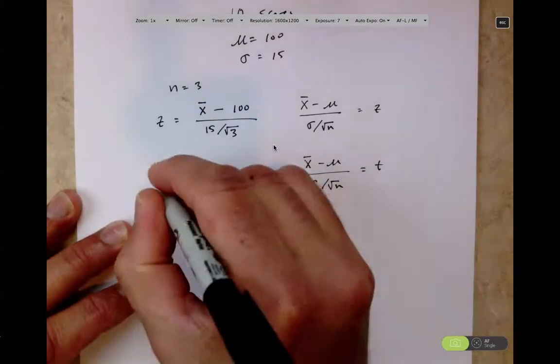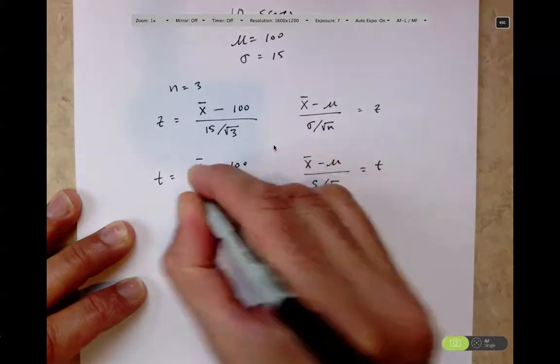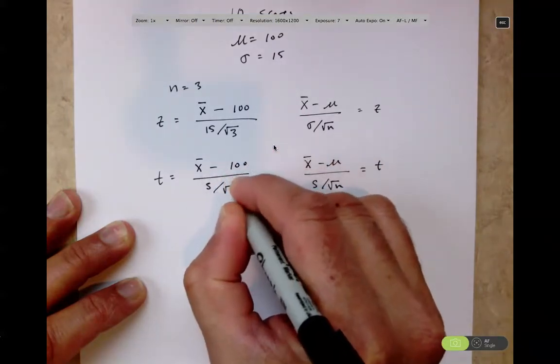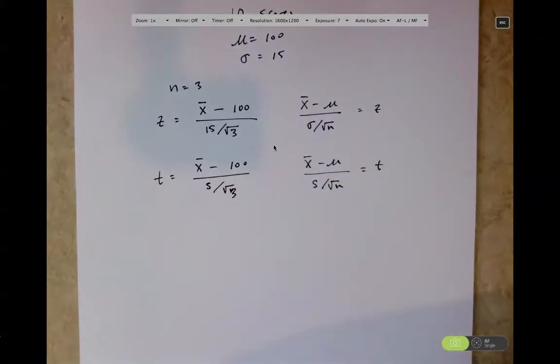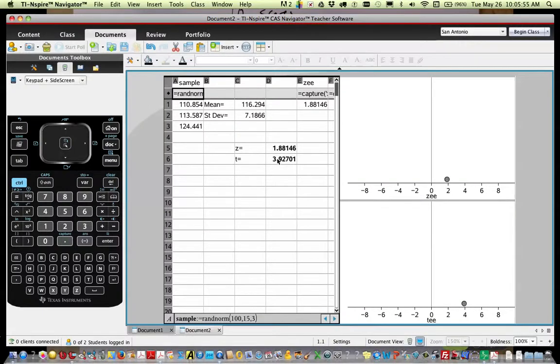So we're going to calculate the t-statistic by taking x bar minus 100 and dividing it by s over the square root of 3 in this case. Going back to the software, that's going to give me this t-statistic down here. Now notice that this t-statistic ends up being quite a bit bigger than this. This is 3.9. You can still think about this as standard deviations above the mean, but it's based upon a sample standard deviation instead of population standard deviation.